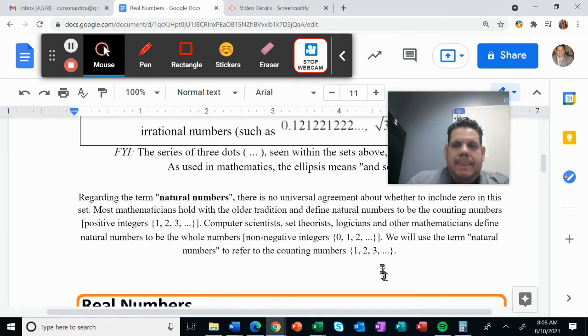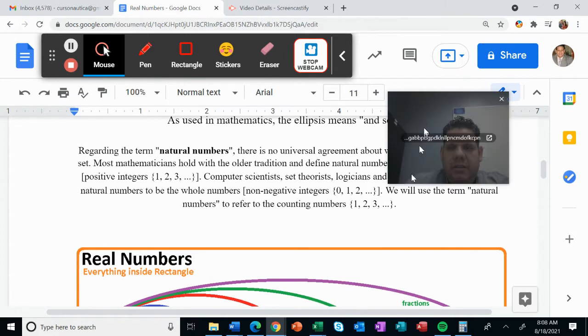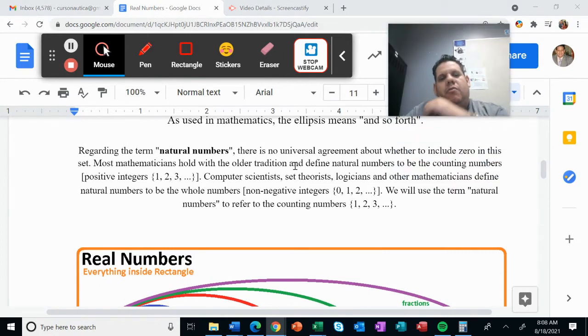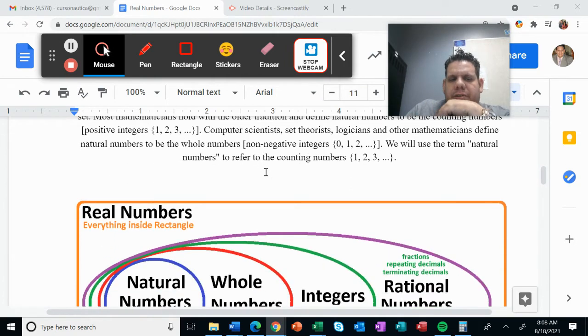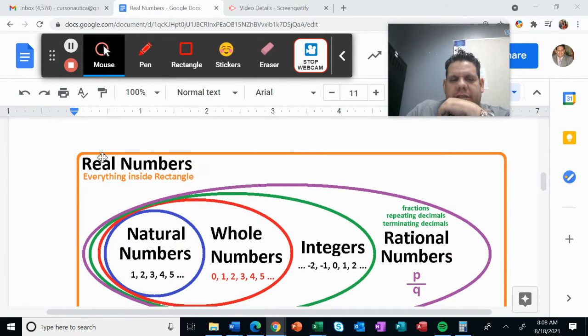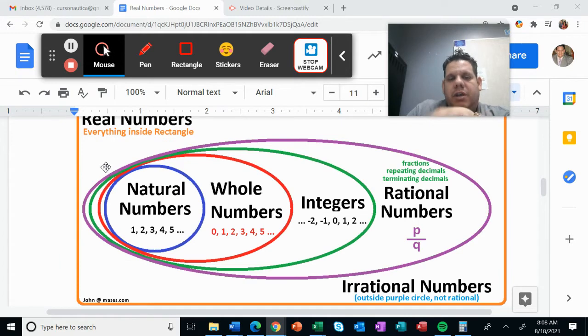All right. And then here is a graphic definition about what a real number is. Basically, every single number that you know is real. Inside this rectangle, everything is real, and we have a very big set that is called real numbers, and that set includes four sets. One is called natural numbers, another is called whole numbers, another is called integers, and the other is